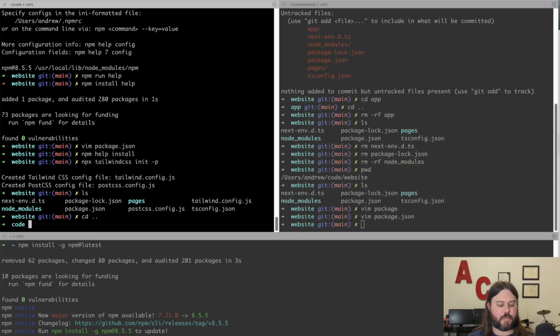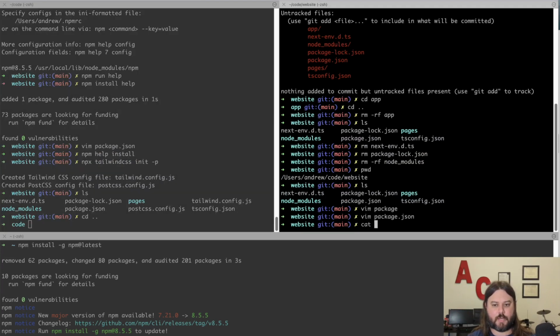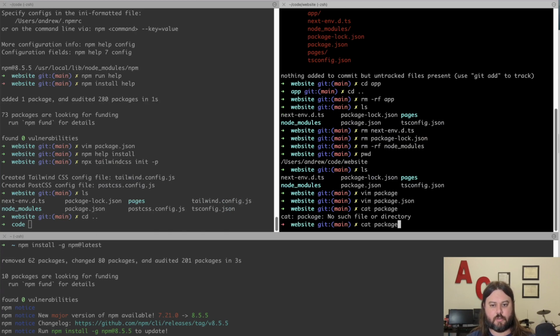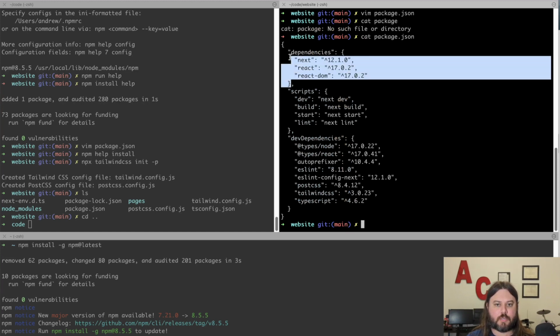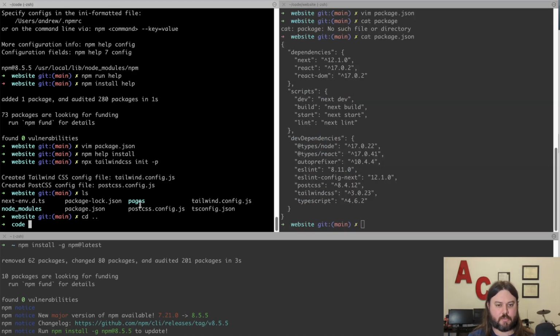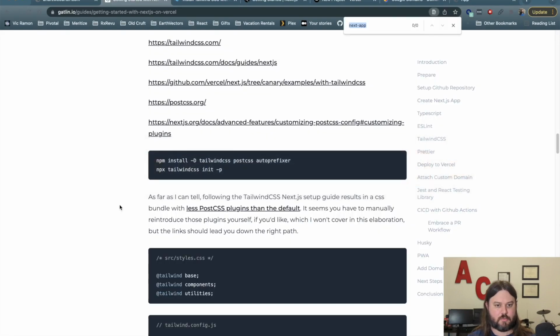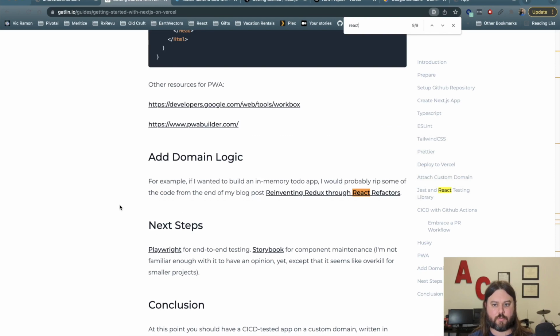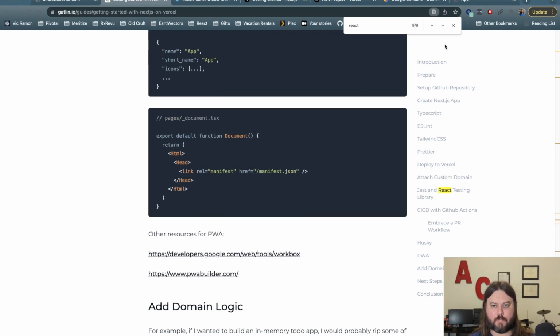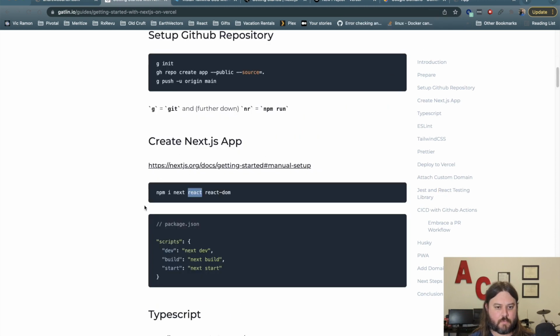Let's do another directory. What's our package JSON? Come on, autocomplete for me. Okay, so if we did this, React. Nope, that was what we wanted at the very top. We want this